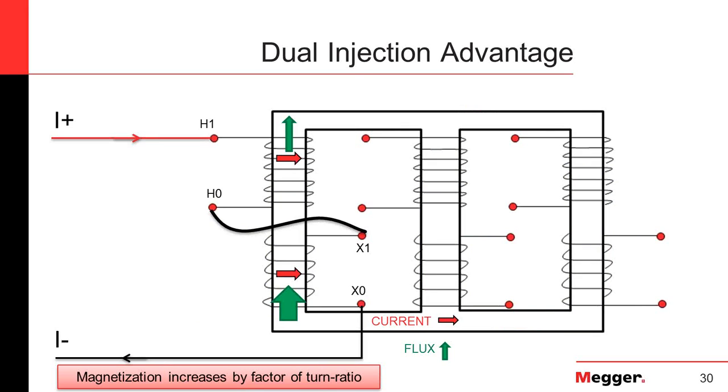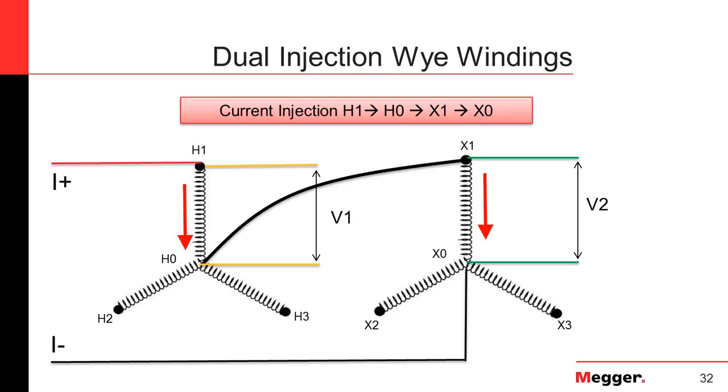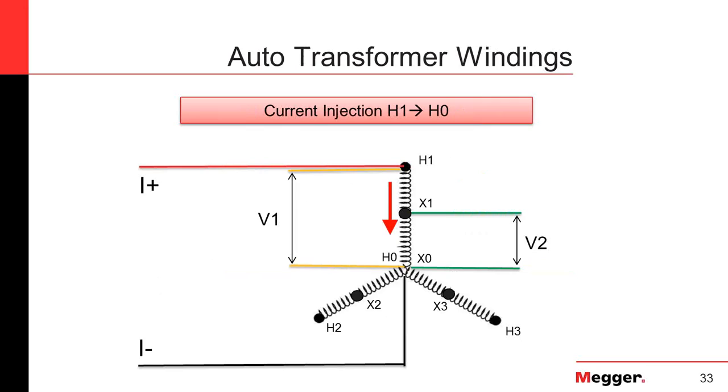Now when you take a delta and a Y, again, we want the core to see flow in the same direction. And so we have set it up here for a delta Y. Common setup that one sees. Y, we're doing some of the same thing. Just different examples. For auto transformers, here now we get to where we are flowing between 1 and 0, and we're measuring X1